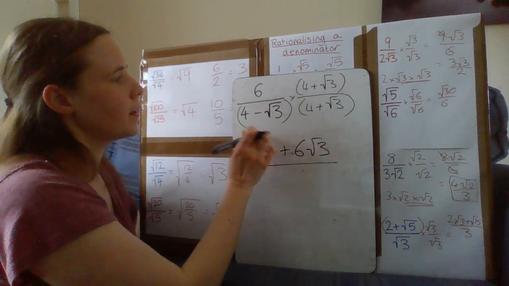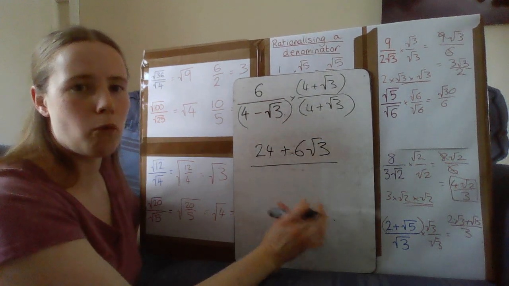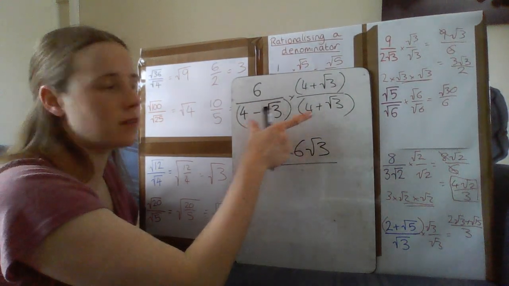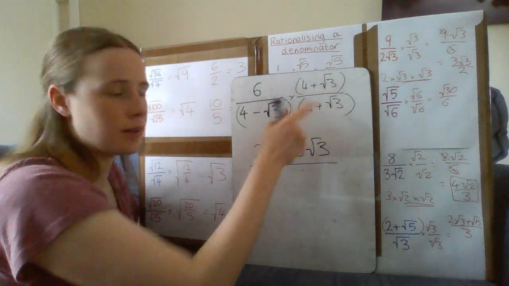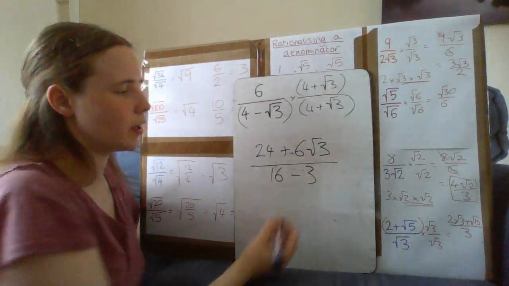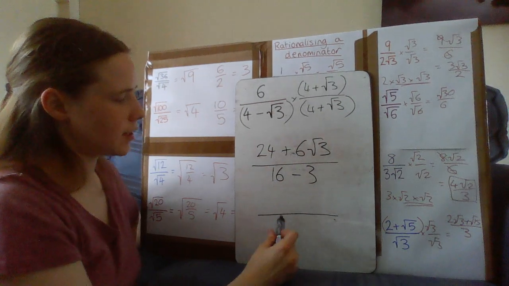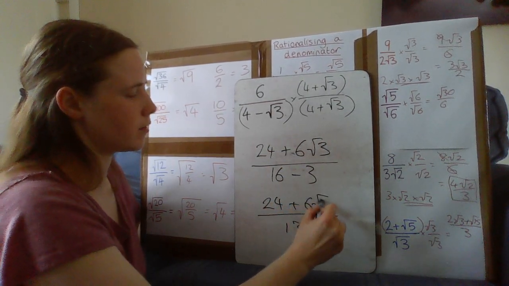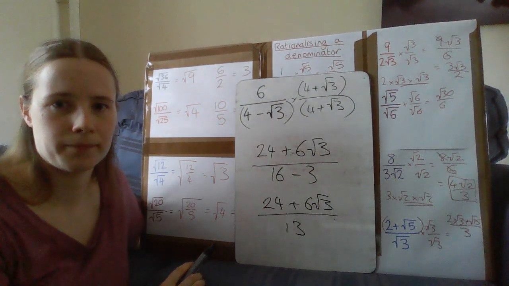And then on the bottom, you can either expand out and simplify, or if you're confident with your difference of 2 squares, 4 squared is 16. Root 3 squared is 3. So 16 minus 3 on the bottom, which comes out as 13. So I've got 24 plus 6 root 3 all over 13. Okay,